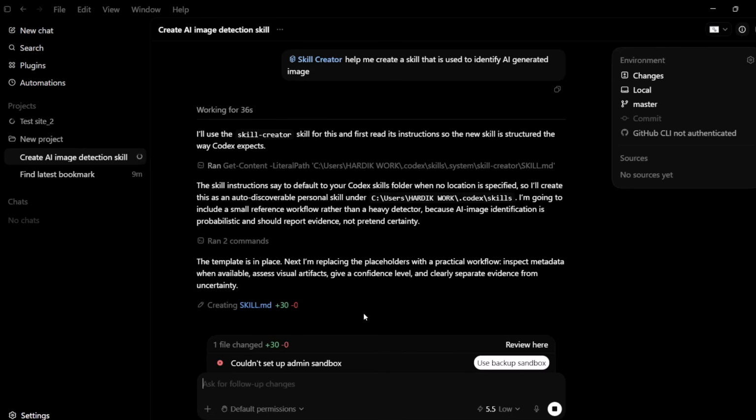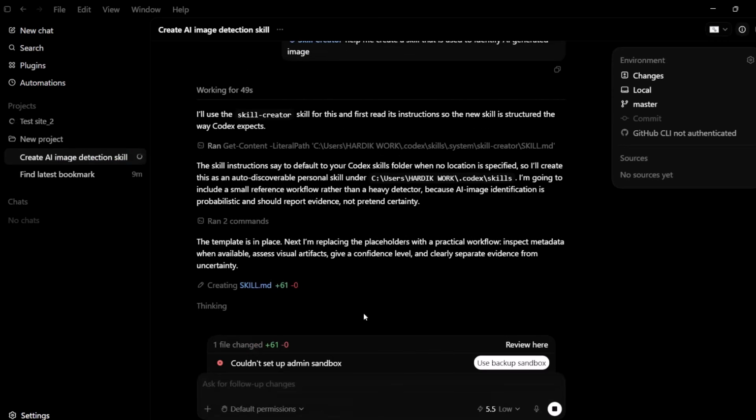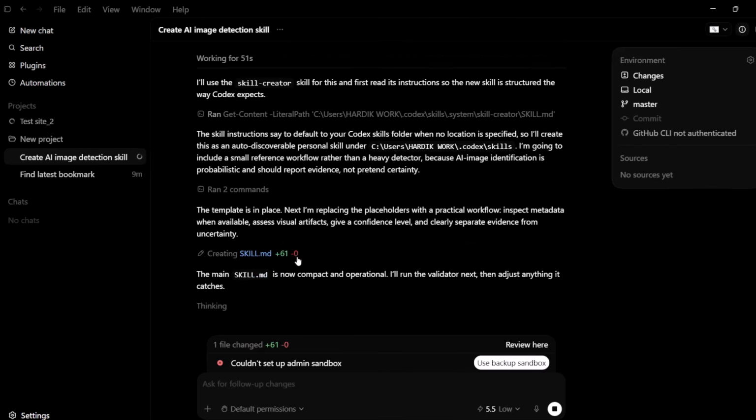So md files are the major context which holds in these skill files. Most of the extensions will be in .md. So now I will again allow it the permission to write onto this particular file, and it says that